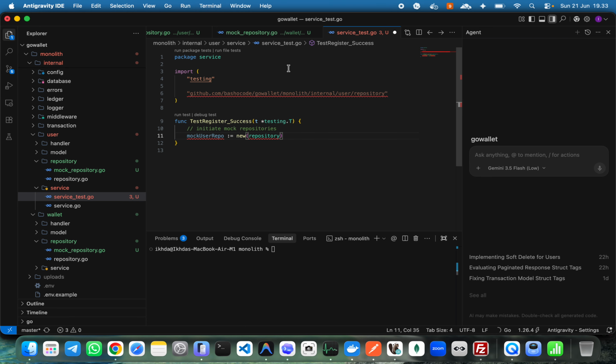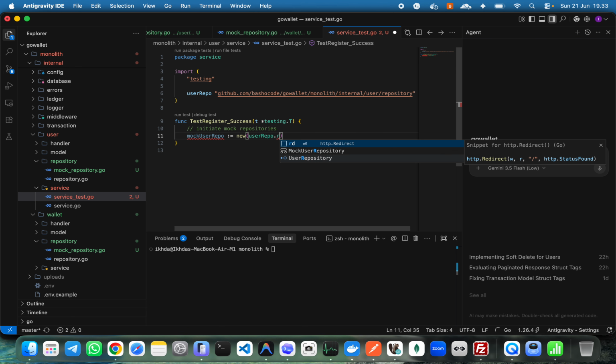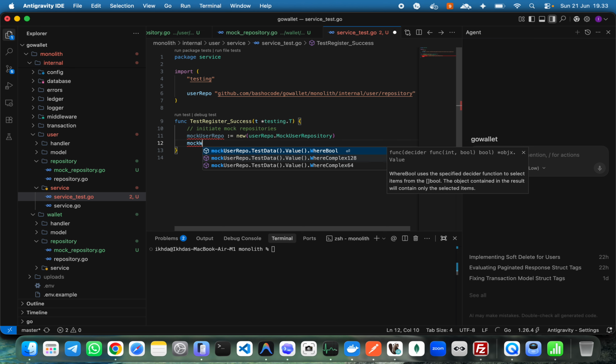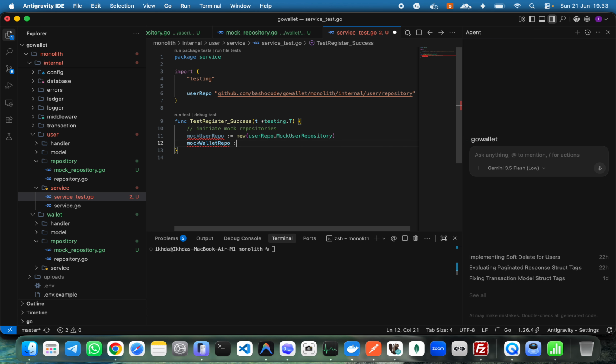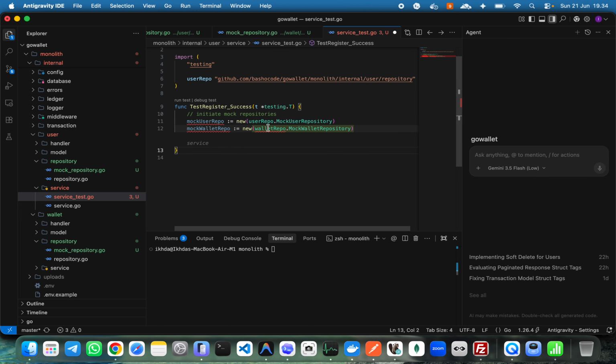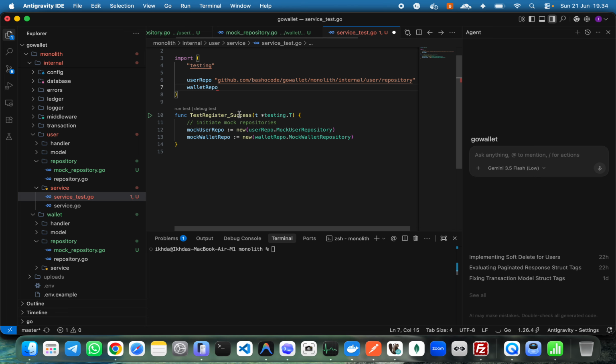User repo should be user repo, and here user repo.MockUserRepository, and mock wallet repo should be new wallet repo here. Okay, wallet repo we import here,